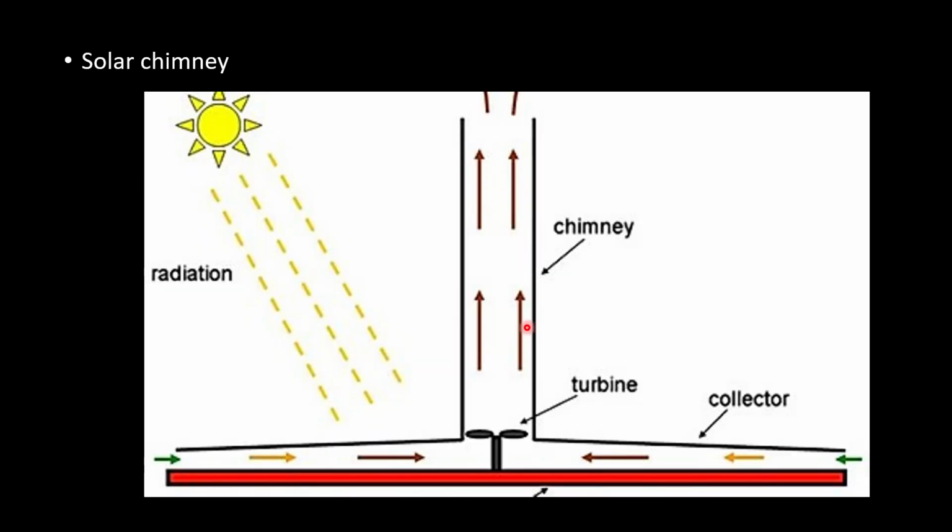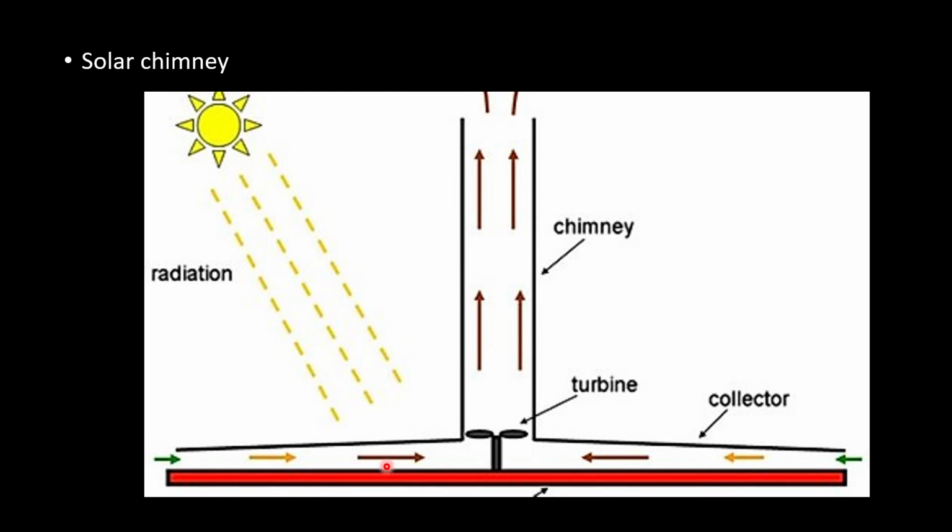The solar chimney is a small expanse of glass. It is a glass cover which is a few meters in height from the ground level. Since it is a glass cover, as solar radiation comes inside, the air in this space will get heated up. As the air gets heated, it becomes lighter. We already discussed that, and since it is lighter, it always has a tendency to move up.